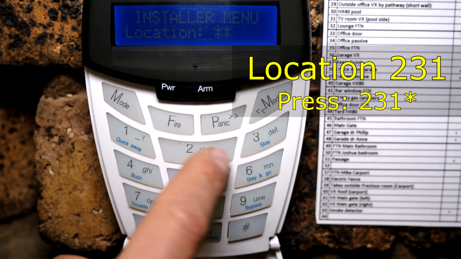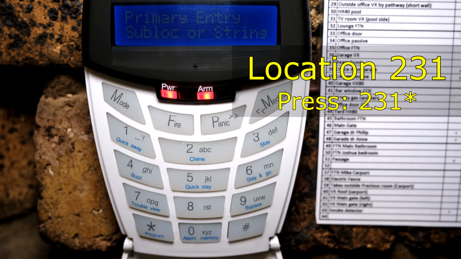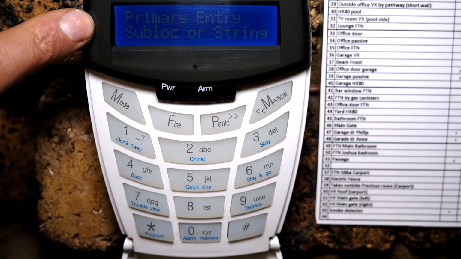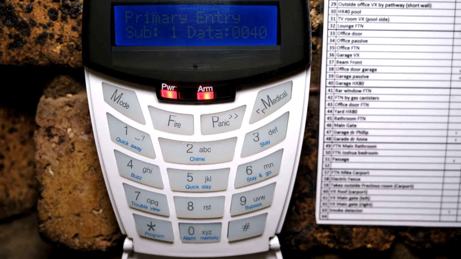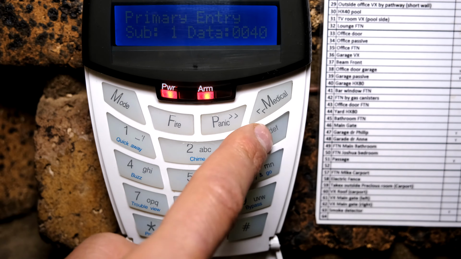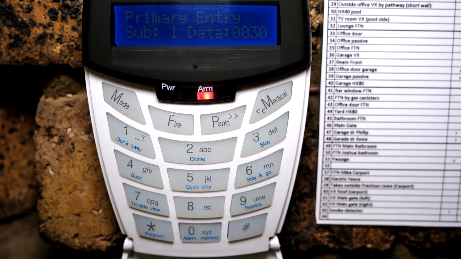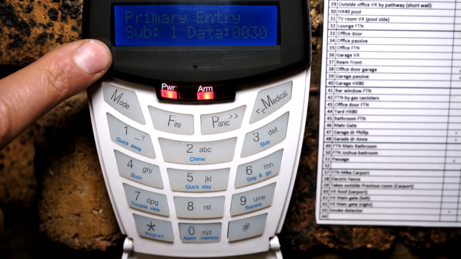Now you want to say 231. Now it says primary entry. Press star. Now you can see mine is set to 40 seconds. If you want to set that to 30 seconds, you'll press 0030. And now I've changed my primary entry delay time to 30 seconds. That means that from the time that that zone is violated, I only have 30 seconds to get to the